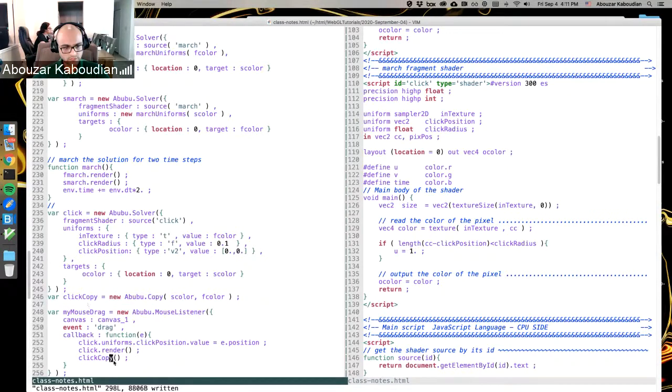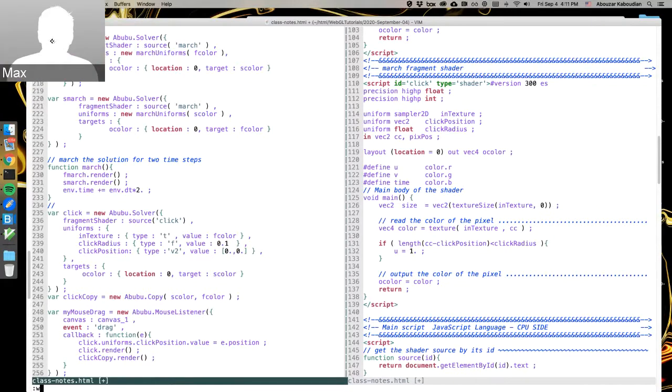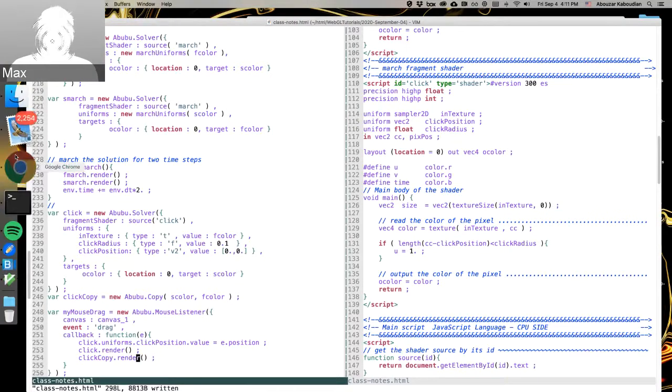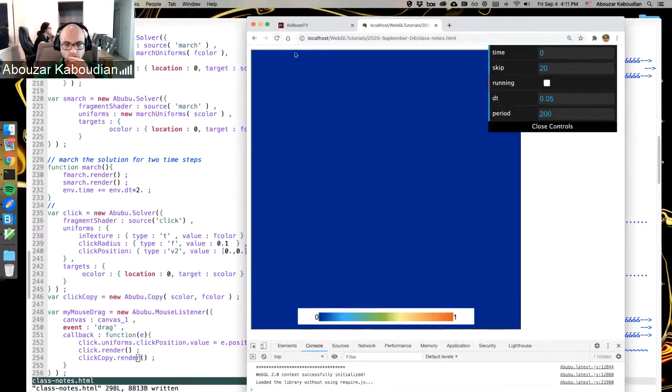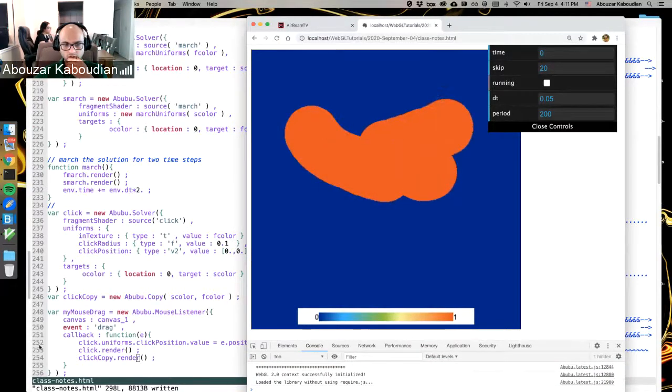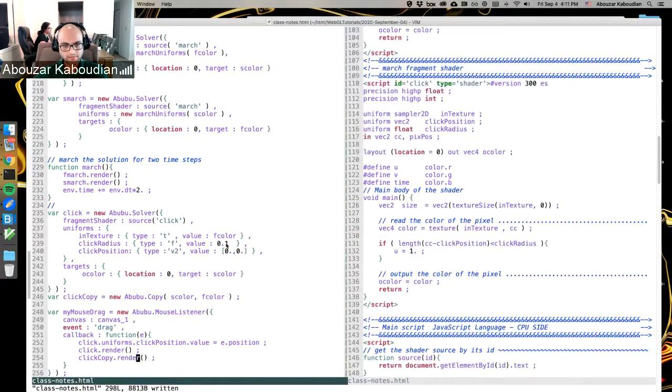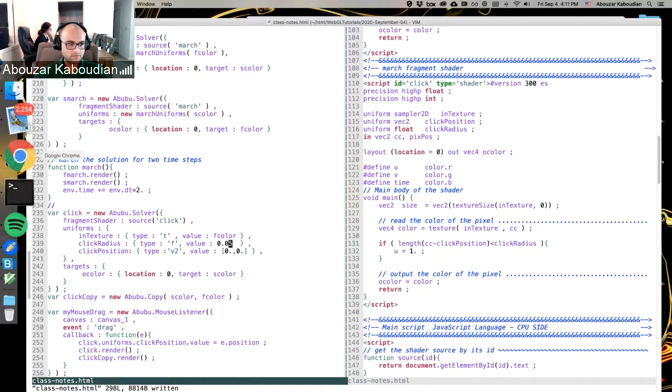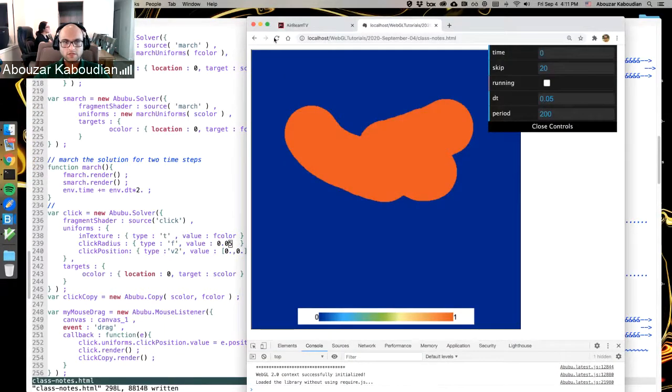Oh, I have to render it, sorry. It's a solver. All right, cool. Now I can see you can drag it. Maybe you can make it a little bit smaller, so it's not that big. Half of that is